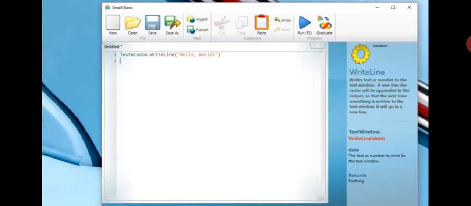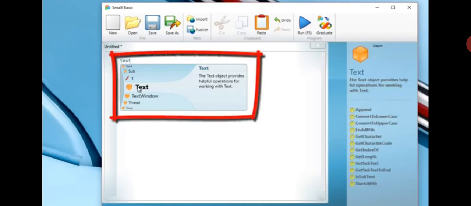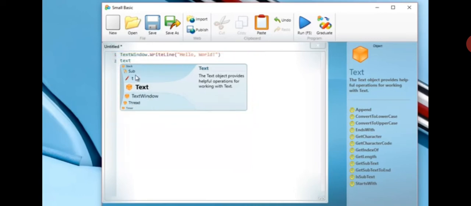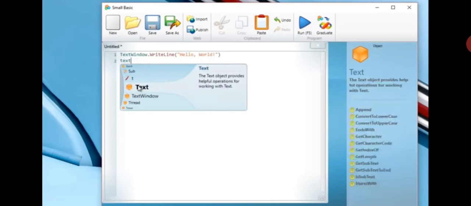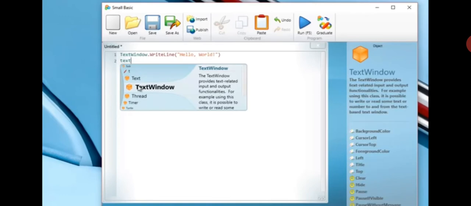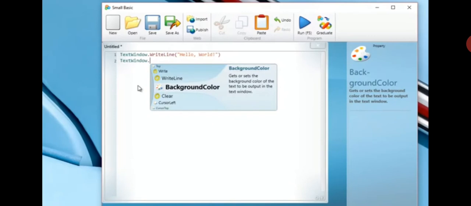After clicking enter, the two-serial will automatically come, and we will write text. After writing text, you will see on your screen a dialog box with many templates. If you scroll down the mouse, there will be many options: TextWindow, Thread, Sub, or something like this. You can use them as templates. So if you click on TextWindow, then it will automatically come,